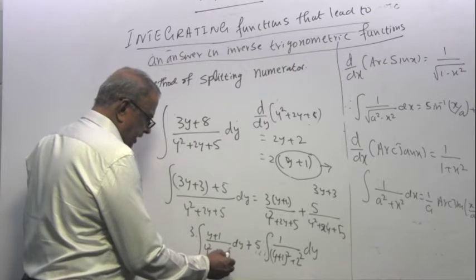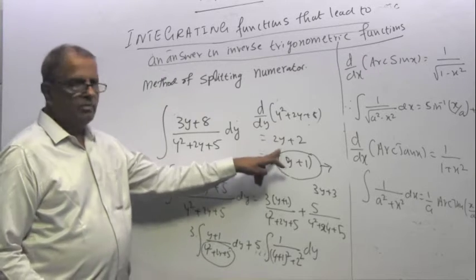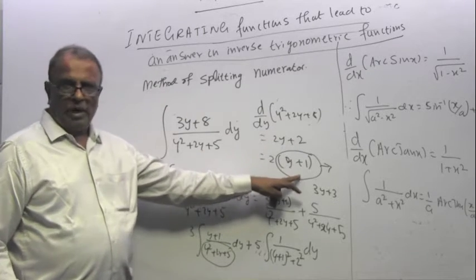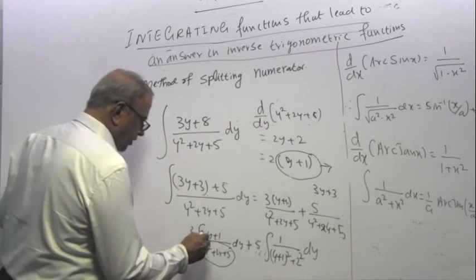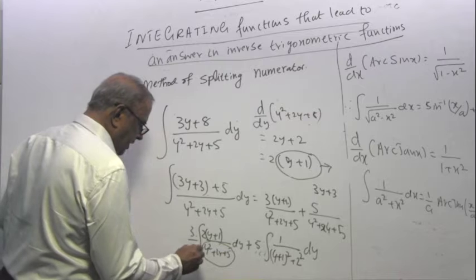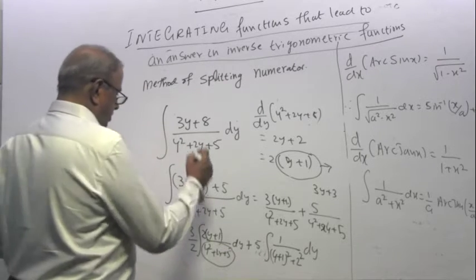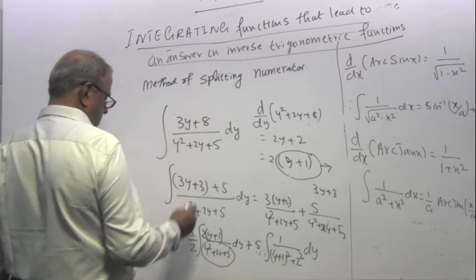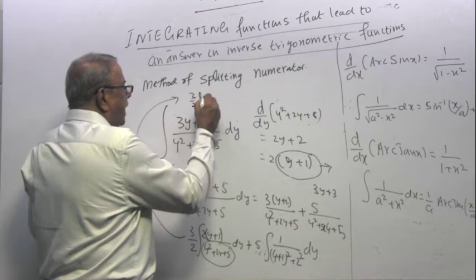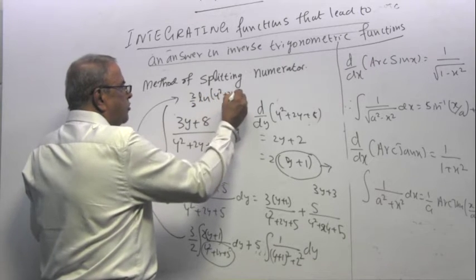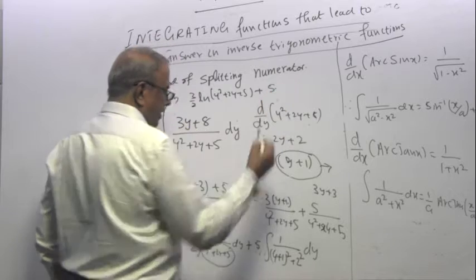Here, when you differentiate the denominator, I get 2y plus 2, which is 2 times y plus 1. I have a y plus 1, I don't have a 2. So can I bring a 2 and divide by a 2? So this will lead to, let me write the answer here. So that will lead to 3 over 2 ln y squared plus 2y plus 5 plus 5 times, this is